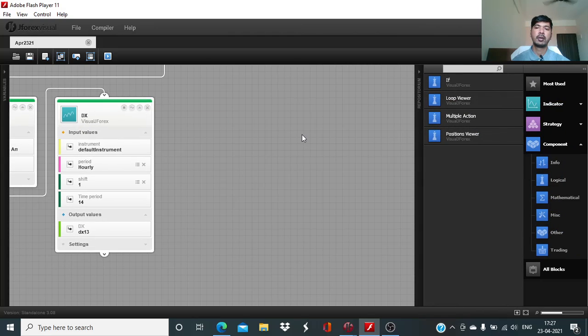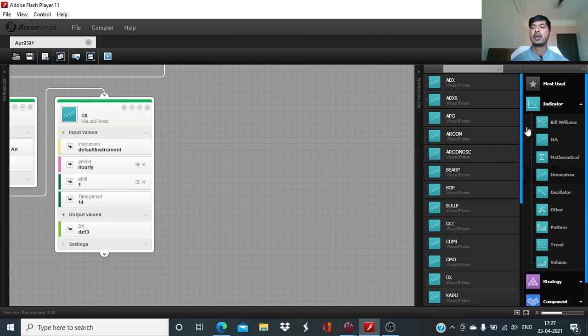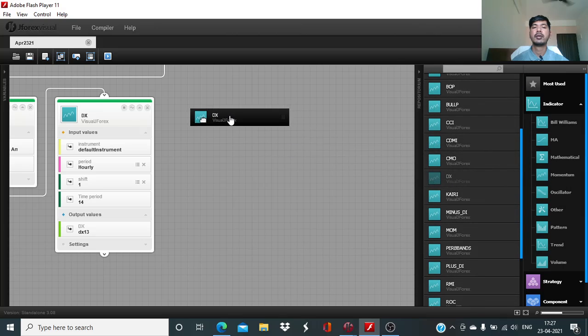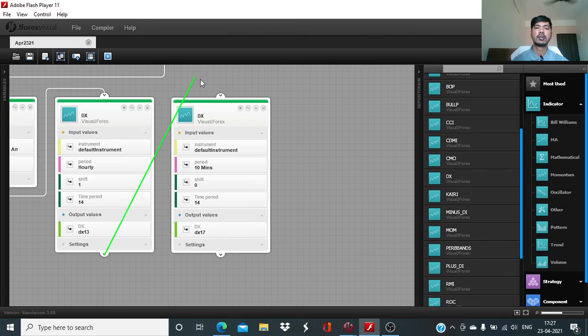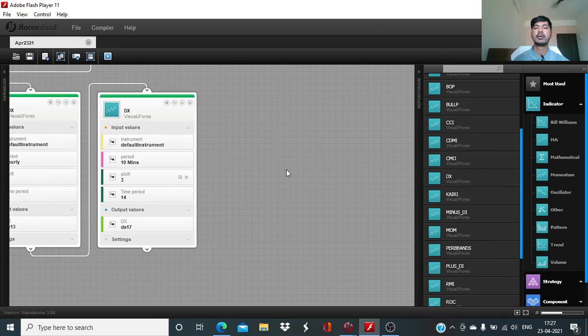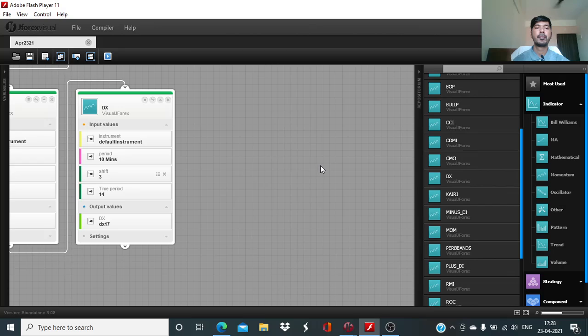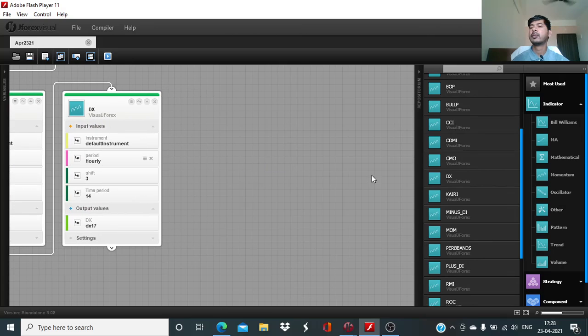And after that, one more dx block will be required, and this will have the look back period of 3, shift 3. Okay, so after these blocks have been defined,